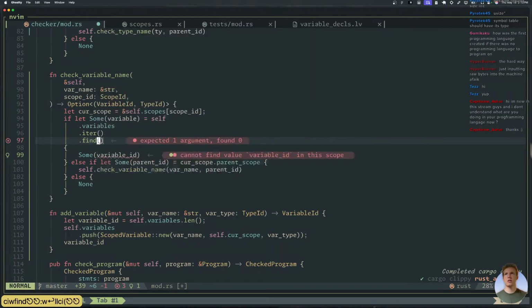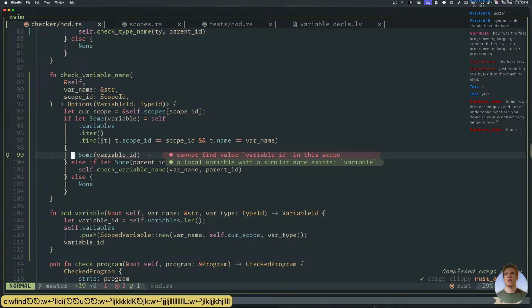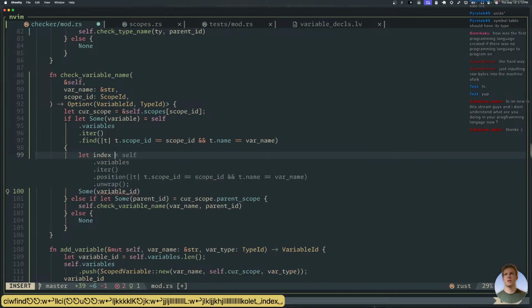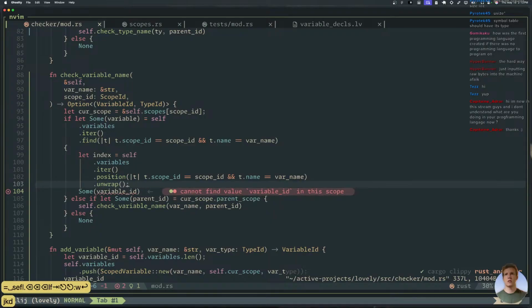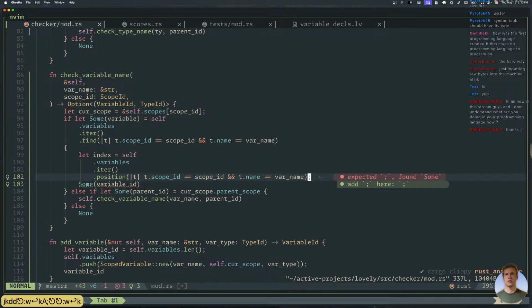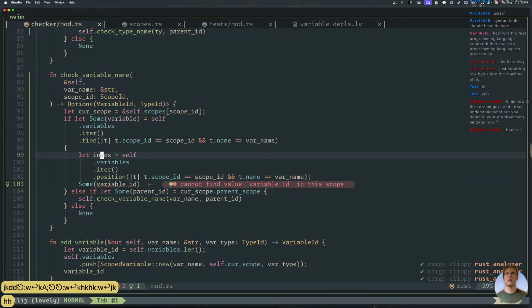Find. Check that out. Let's go buddy, var name. And then, is there a way to get the thing and its index at the same time?